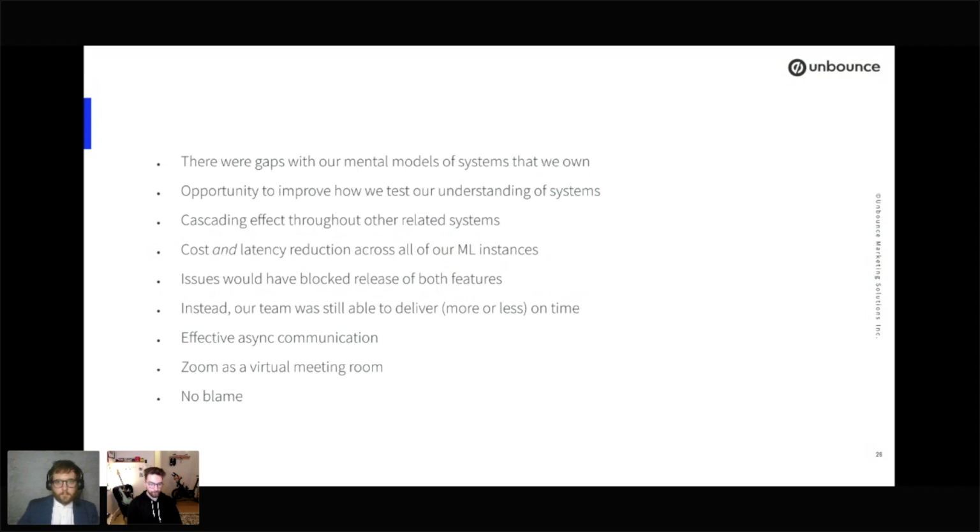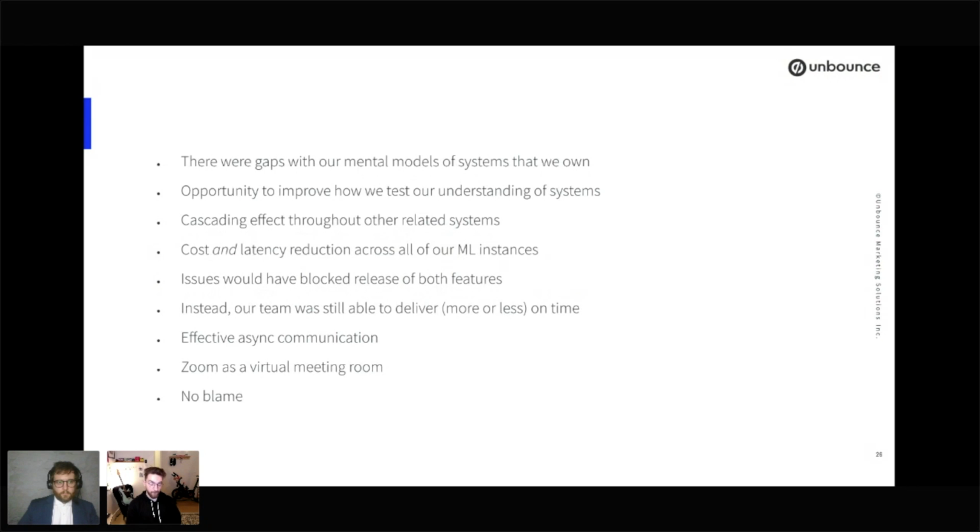So pretty cool. And lastly, these three last bullet points I think go without saying, but I feel it's worth calling them out. Communicating effectively through Slack when you encounter those issues, and you saw examples of that kind of communication in this talk, is really valuable, and it's a skill that we've learned over the last few years. I think we've got a lot better at it. And another technique which has been very helpful is just creating an ad hoc Zoom meeting, no agenda, no meeting notes, just a place for people to join so that they can collaborate on identifying a fix. That definitely helped speed up the process of